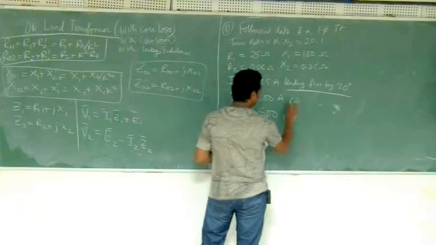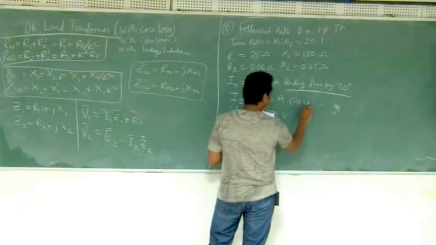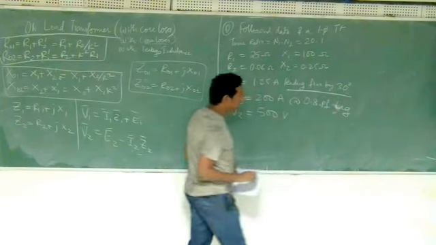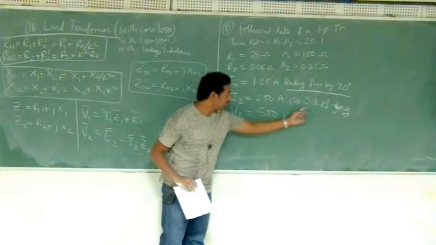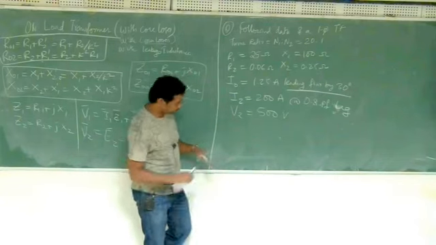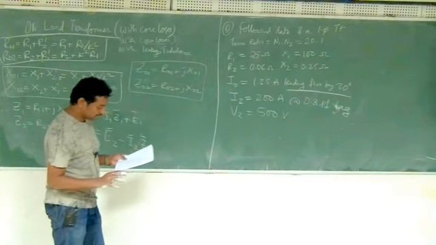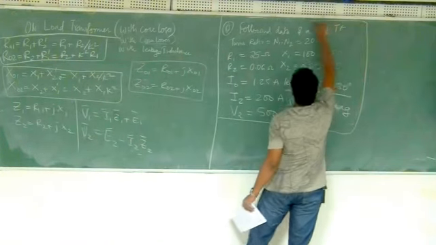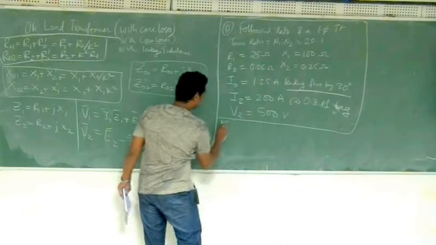So at 0.8 power factor lagging. Okay. So this power factor is with respect to V2, the terminal voltage, and the terminal current. That's all the question. So find out all this. This is the information given to you to find